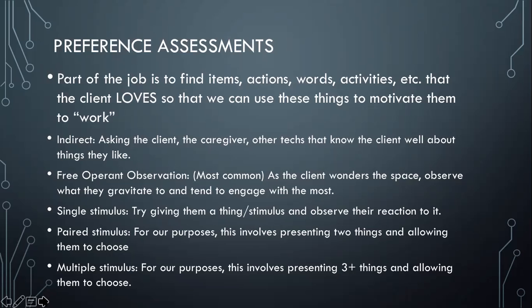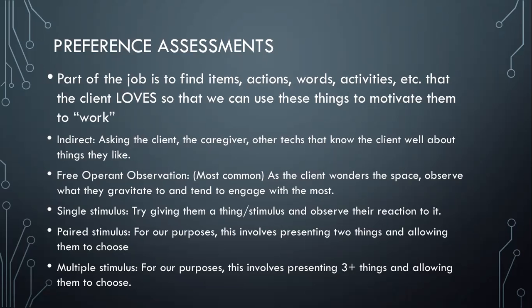Paired stimulus, pairing means two. You're going to give them two items to choose from. They can choose. And again, you're just going to wait and see if it's something that they'll engage with. Multiple stimulus is more than two. So three or more things that you're going to offer them. And again, wait, observe, see if they like it, see if they don't, just how do they engage with those things. Something important to note with a multiple stimulus is that